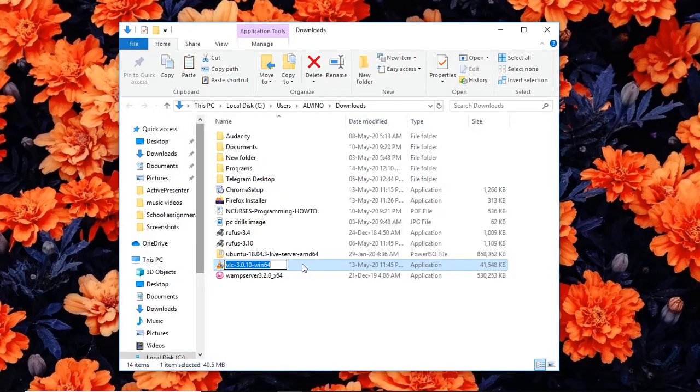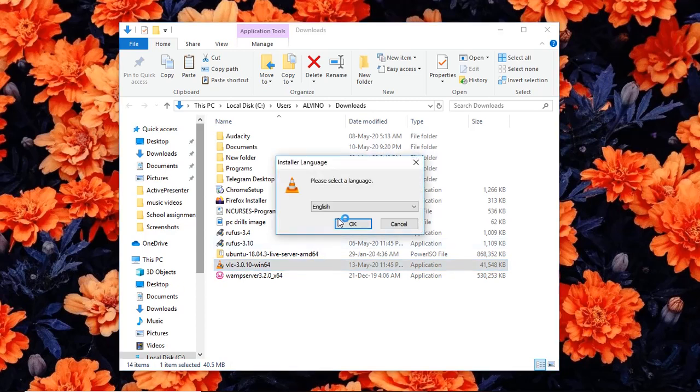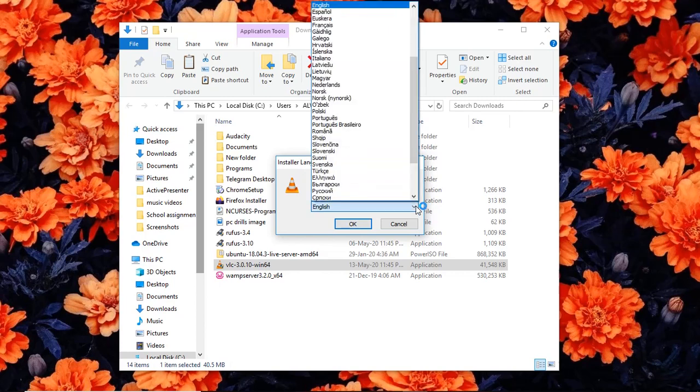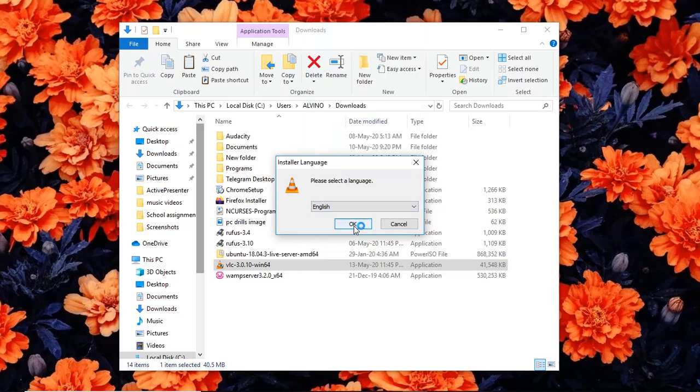So I head over to my downloads. I simply double click to start the installation process. Once prompted with the user account control, I simply click yes for it to install. For the language, I use English, so I simply click on OK. If you needed to use another language, you can choose from this menu of languages, and it supports a lot of languages. Simply click OK for English,